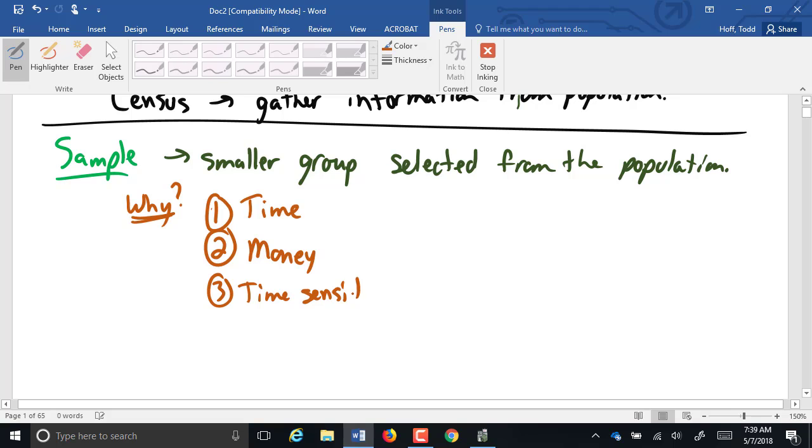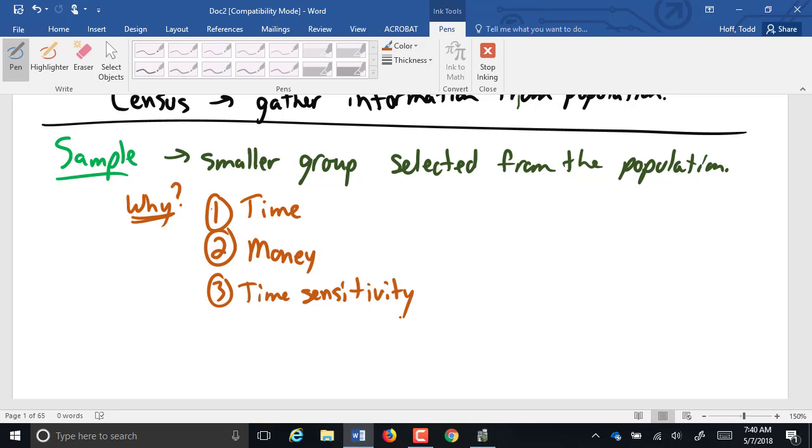This one sounds just like time, but it's a little bit different. Time sensitivity. What this means, to be a completely valid, perfect statistical study, you would pick the people that you are going to ask the questions, and then you would ask the questions of all of them at the exact same time. So you'd either get all of them into the same room and ask them all at once, or you'd have a whole bunch of people that call each of them and ask at exactly the same time.